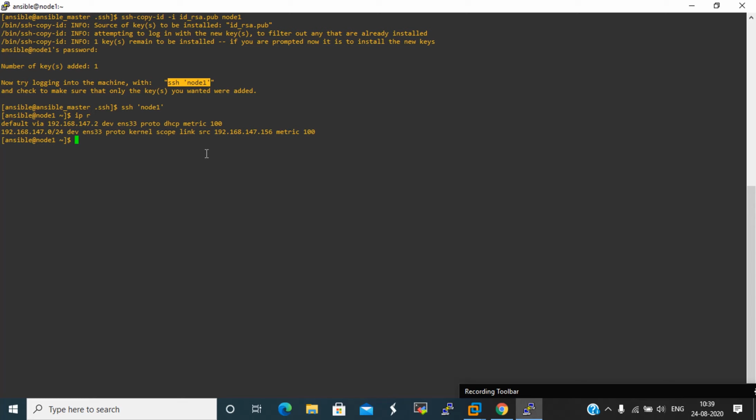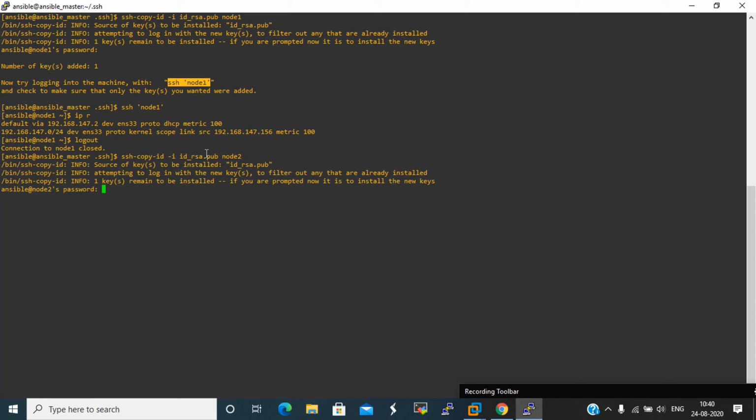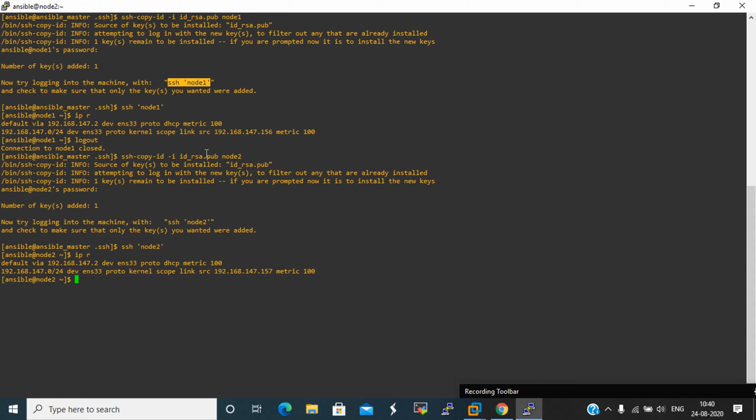Now we are able to log in without a password on node 1. The same way we will configure it on node 2. Now we are able to log in on both servers without a password.